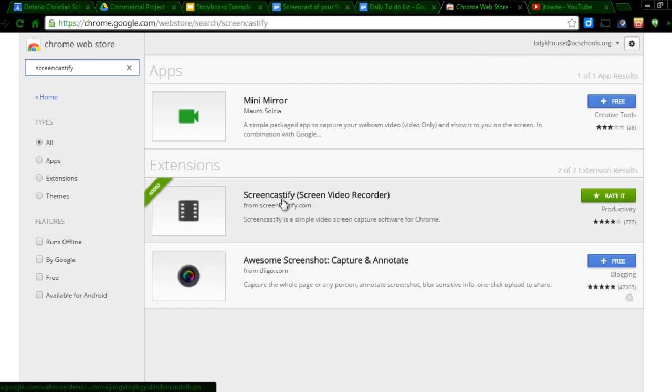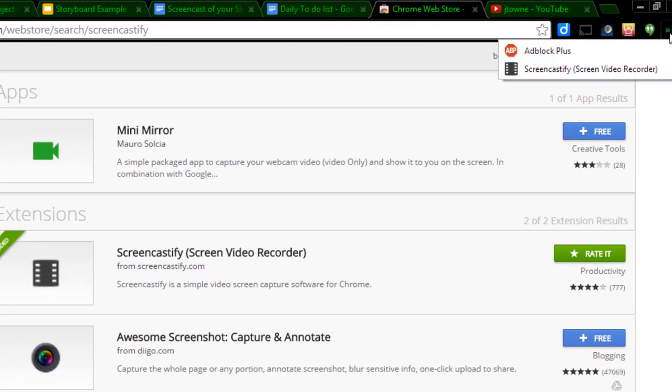And it's this one right here. And I've already added it, but you're going to click on the free button and it will take just a few seconds, and Screencastify should download as an add-on right up here. So next I'm going to